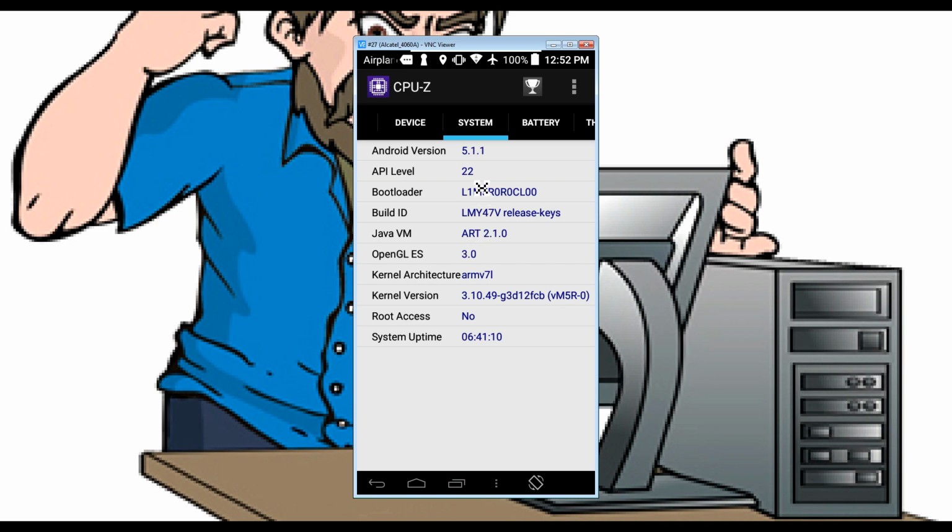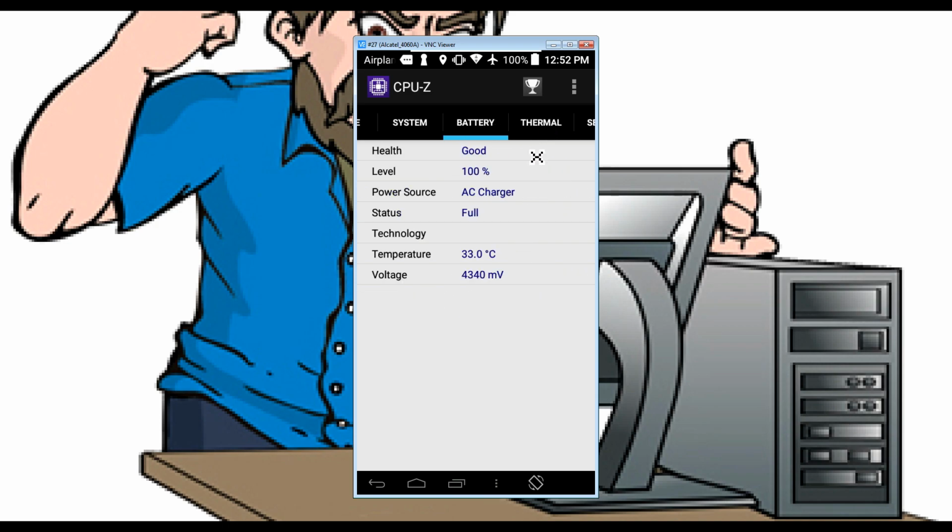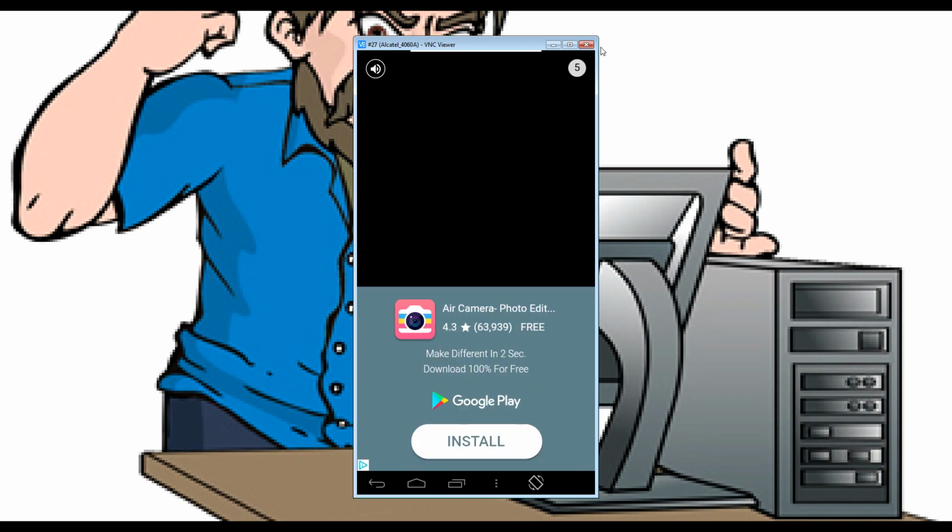And then you can come over and look at your versions, your bootloader, your Java VM, whether it has root access or not. This will tell you very quickly. You don't have to download another application to verify whether you have root access. It tells you your battery health, what level it's at, what the power source is, status, the temperature. It also gives you,